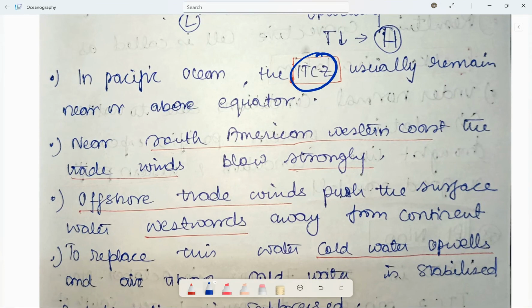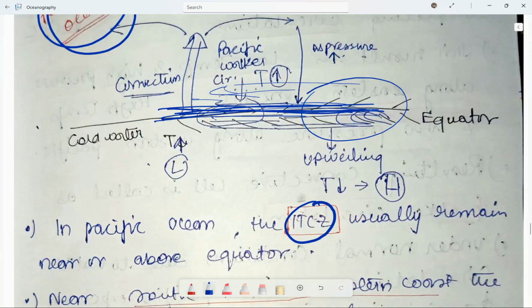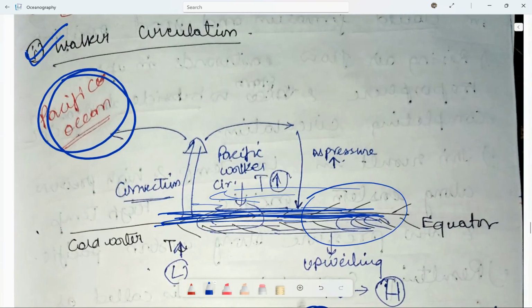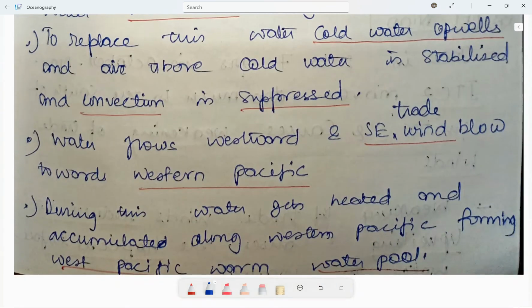Now this movement, these offshore winds, push the surface water towards the westwards, which is away from the continent. So अगर आप यहाँ देखो कि यहाँ पे पानी है. Now winds, these are very strong in nature and this is leading the surface water to move towards westwards. Now as it moves westwards, इसके नीचे का जो पानी है, this is coming up here. This is upwelling. Upwelling is happening. नीचे से पानी ऊपर आएगा. To cover that up,